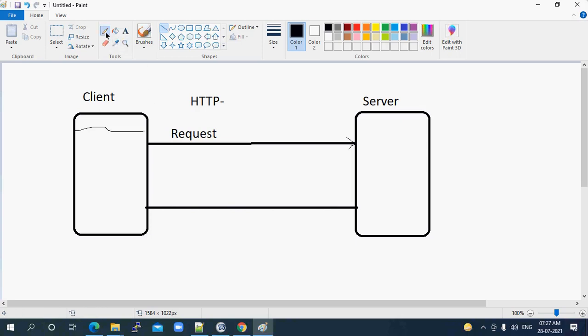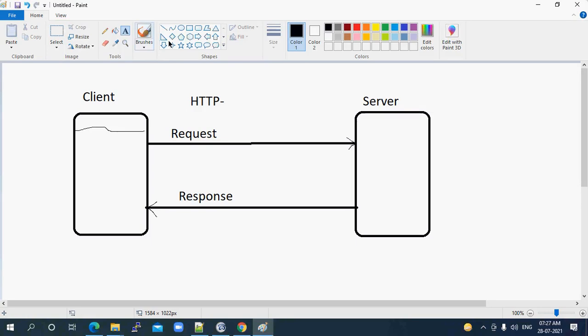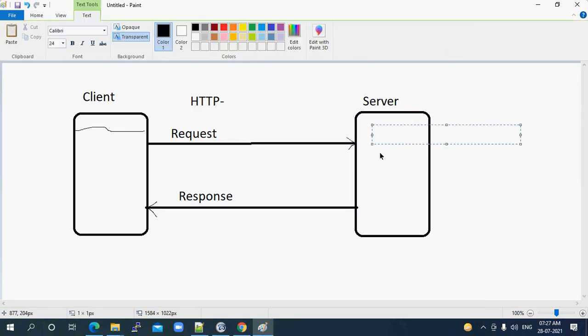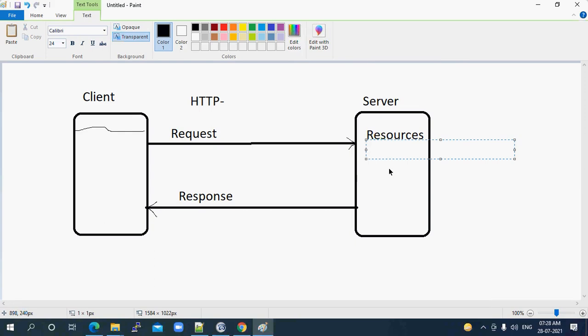So what type of request can the user ask for? Whatever items we have on the server, we call them resources. The resource can be an image, right? Or it can be